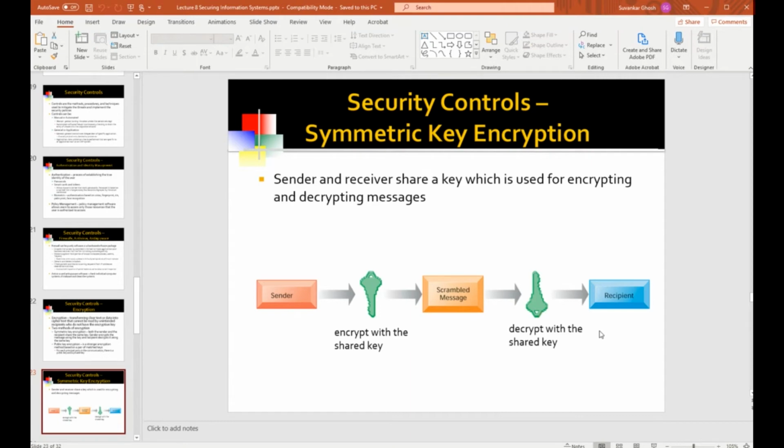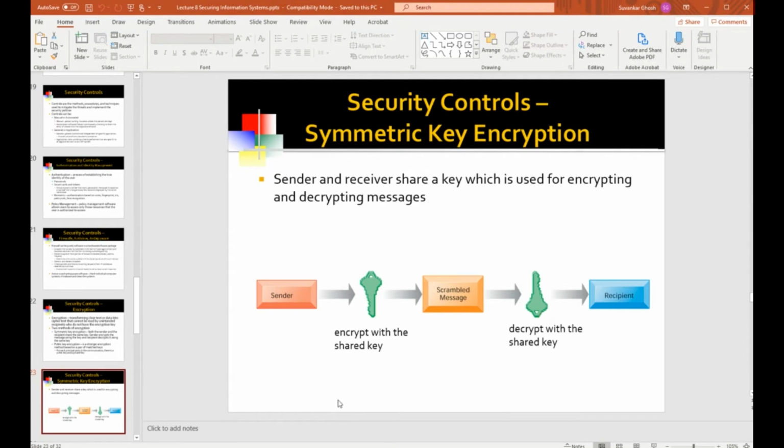The weakness of symmetric key encryption, and it is a pretty glaring weakness, is that before both the sender and the receiver have that key, nothing is encrypted. Nothing can be sent that is encrypted. In other words, only after the sender and the receiver have that key, that password, can a secure channel be formed, so that the messages can be encrypted using that key, and decrypted using that key.